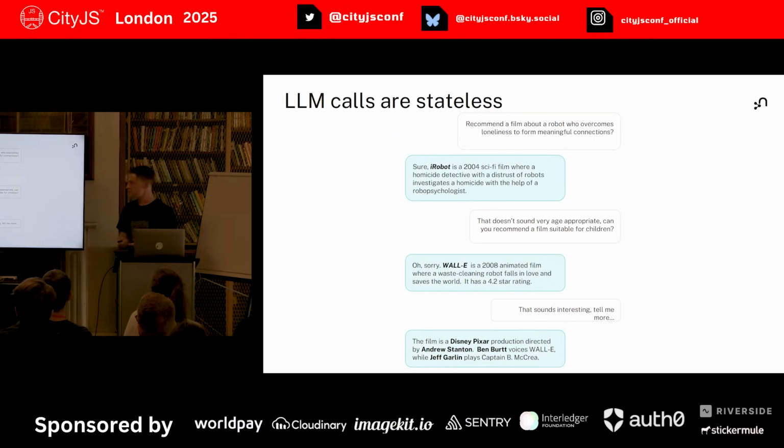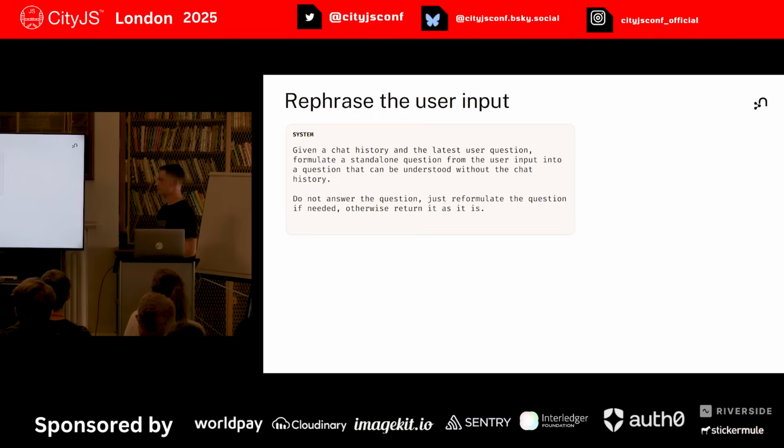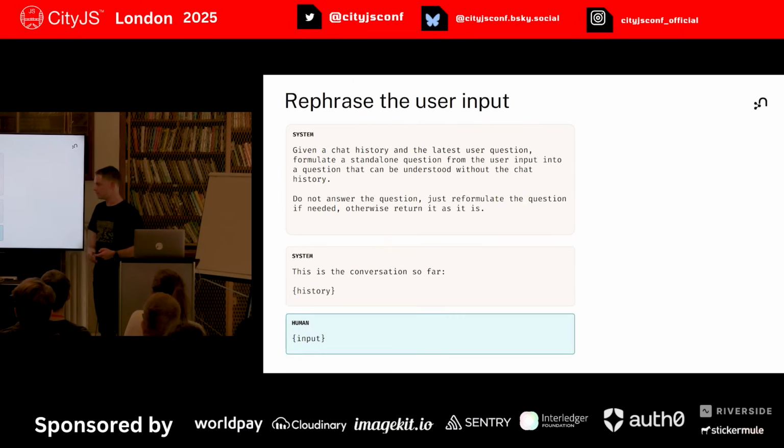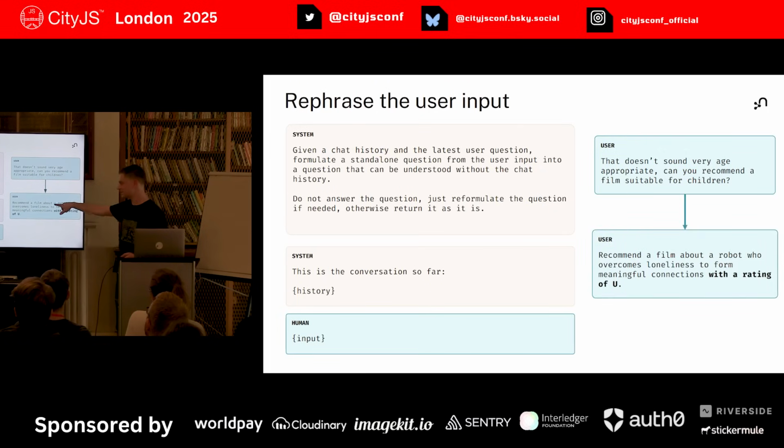So the way we can get around this is at the start of our chain, we can rephrase the user input. So we can create just another prompt that we send to an LLM that says, given the chat history and then the current human message, or the current input, can we rephrase that into a standalone action? So what that does is it takes my angry message full of human emotion and then converts it into something that the LLM can just act